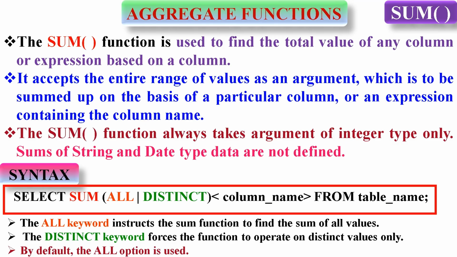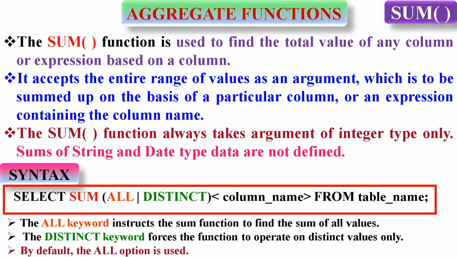Let's discuss about the sum function. The sum function is used to find the total value of any column or expression based on a column. It accepts the entire range of values as an argument, which is to be summed up on the basis of a particular column, or an expression containing the column name. The sum function always takes argument of integer type only. Sums of string and date type data are not defined. The syntax is select sum([all or distinct] column_name) from table_name;